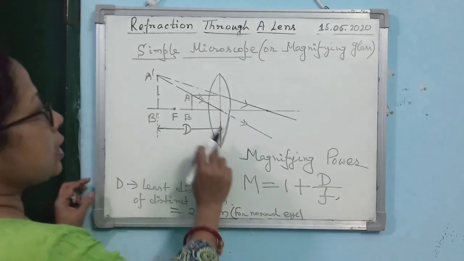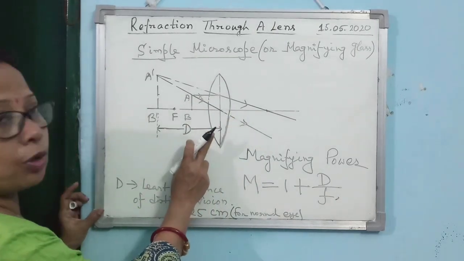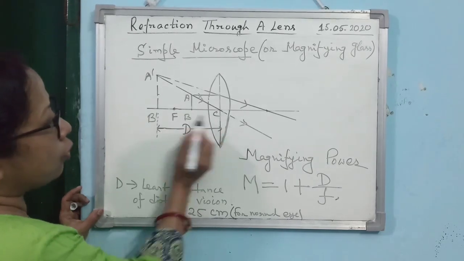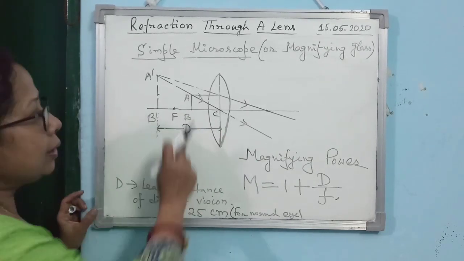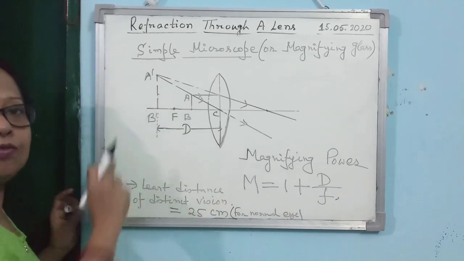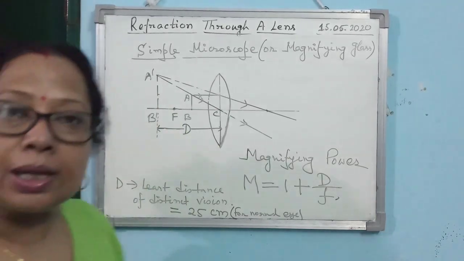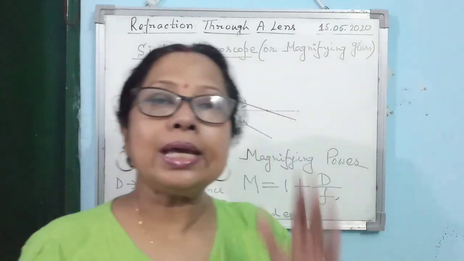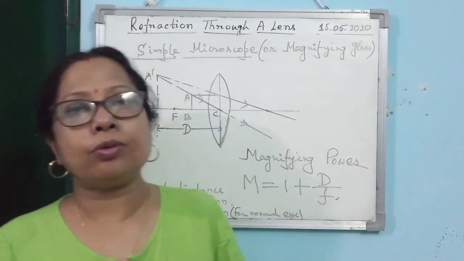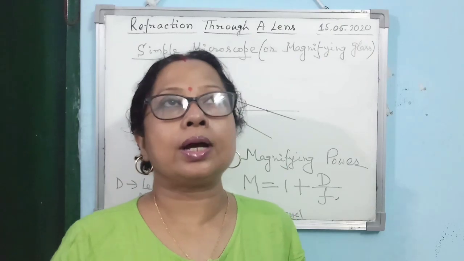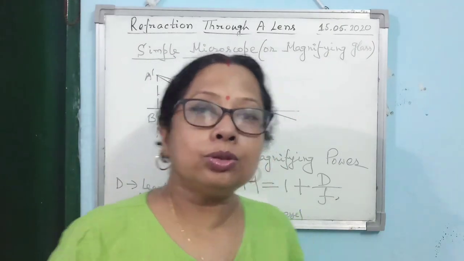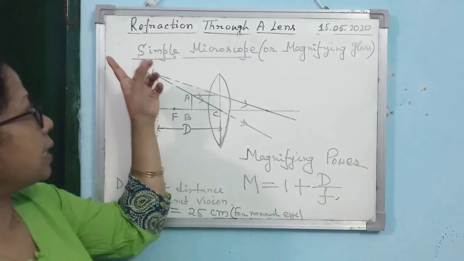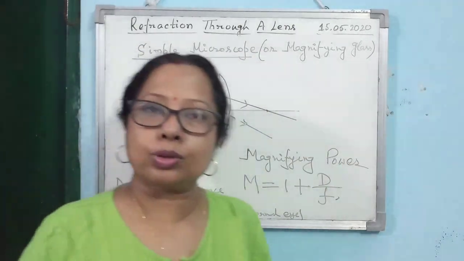Now, convex lens, we know already, from the diagram you have drawn, that when the object is kept within the focus and optical center, then the image is magnified. Alright, a virtual, erect and magnified image is produced. So we simply use this one property of the lens to use it as a magnifying glass, or you may say a simple microscope.